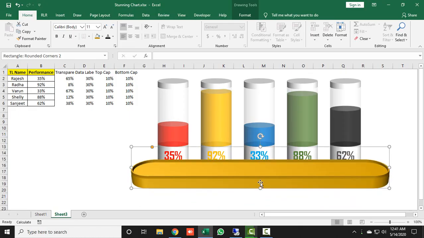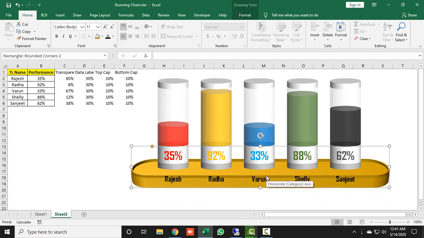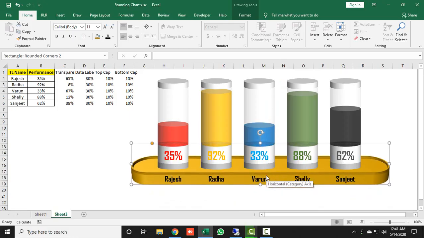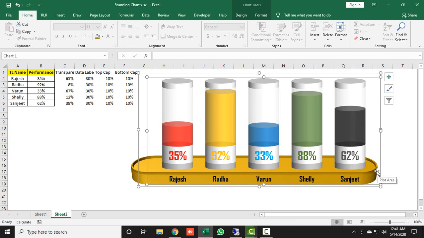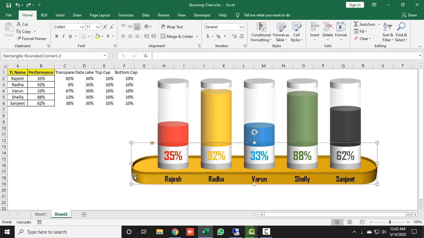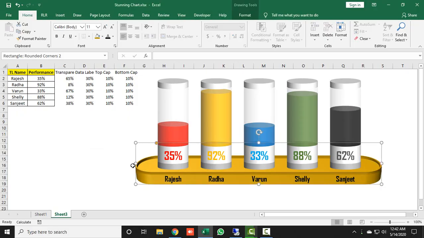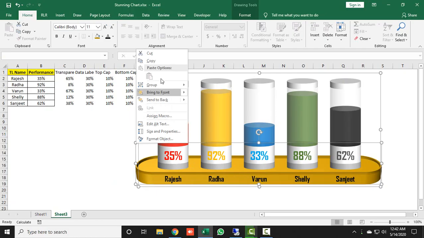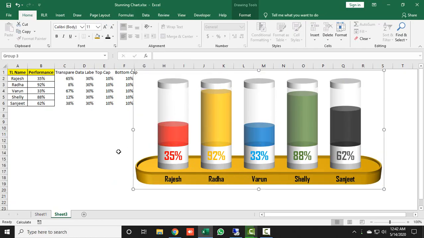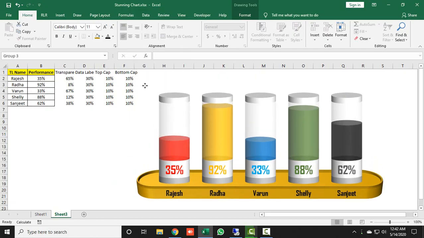Just select this, right click, send to back, and just keep it around this, like this one. All right, so now your data is done. Just select both shapes using Control A, right click, and group them. All right, so now your chart is ready.